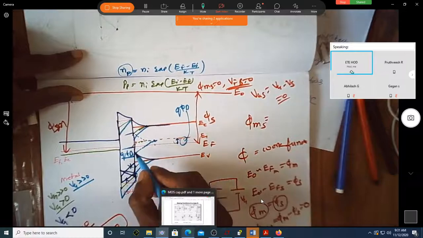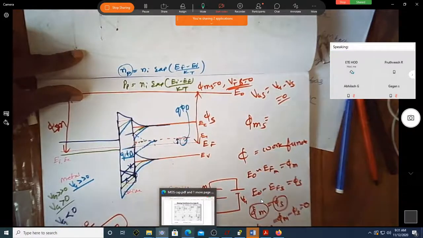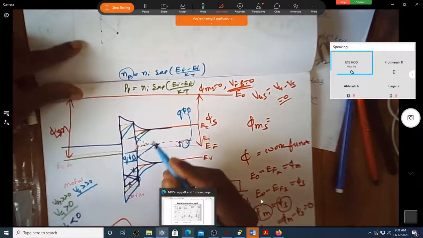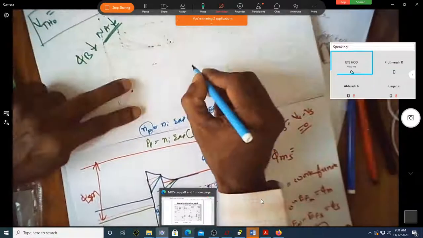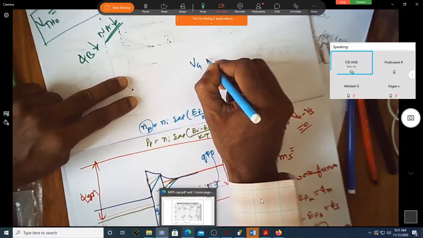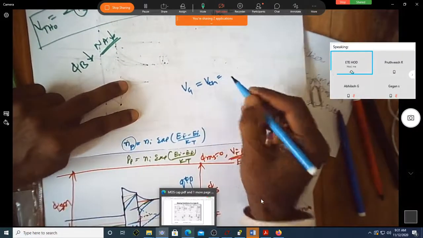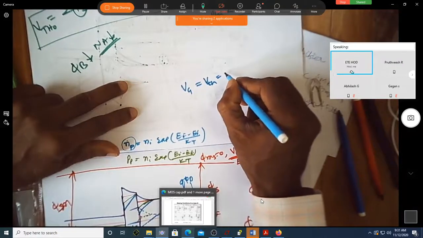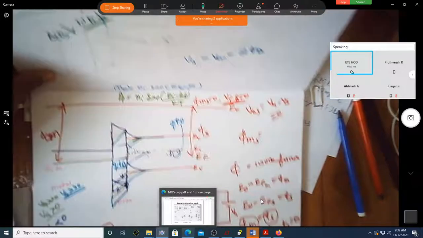Of course, the channel will get formed here itself, but the number of electrons is not sufficient to make a good conduction from source to drain. They ensure that, because we always say VG far greater than 0, when VG is equal to VTH, then we say it is in strong inversion, which is nothing but 2 phi b. Why is it 2 phi b?